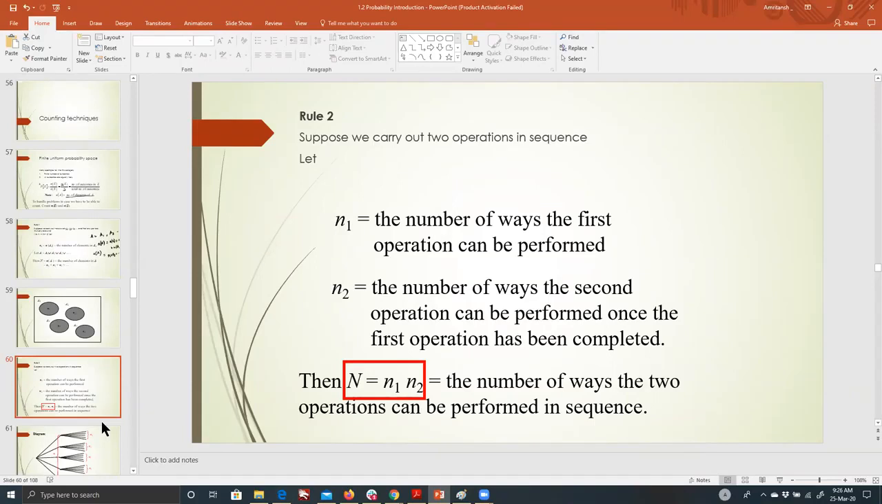What if you carry out two operations in sequence? Sequence is one after another, okay? So you take the first coin and then you take the second coin. So that calculation goes like this. The number of ways the first operation can be performed, and the number of ways the second operation can be performed once the first operation has been completed. So basically, let's say you have